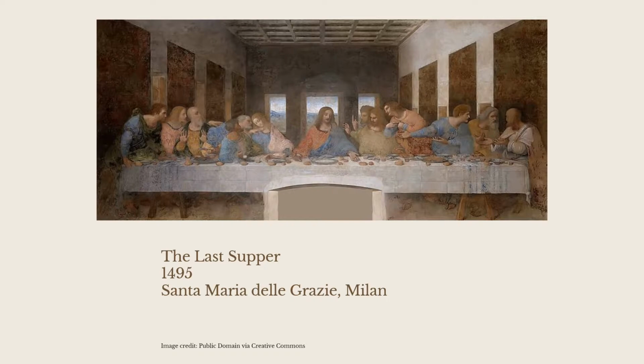This work shows Leonardo's curiosity and love of experimentation because he tried to use a new type of fresco technique. Traditionally, wet plaster was applied to a wall and pigment was added. When the plaster dried, the painting would essentially become a part of the structure. Da Vinci tried to use dry plaster instead, but that didn't adhere to the wall as well. Almost immediately, the painting started to crumble away.